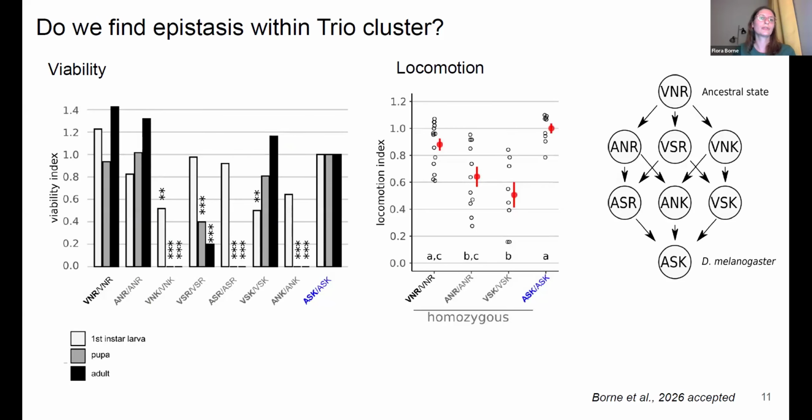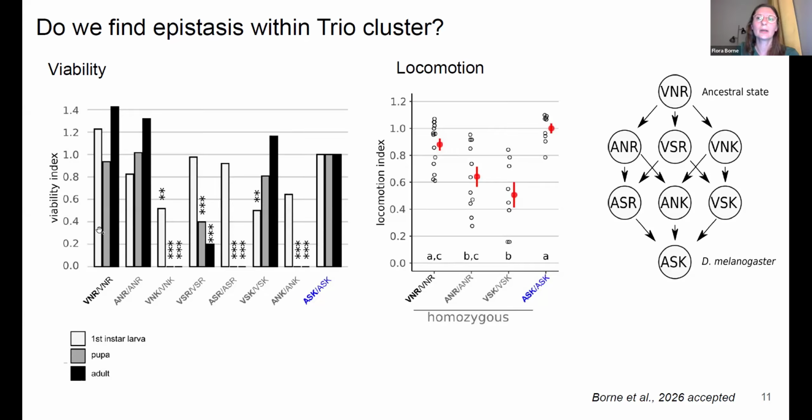And so we chose phenotypes that are good proxies for fitness, especially viability and locomotion, because Trio is involved. Like Trio knockouts are showing some locomotion defect. And so for viability, I looked at different developmental stages, and what I can see is